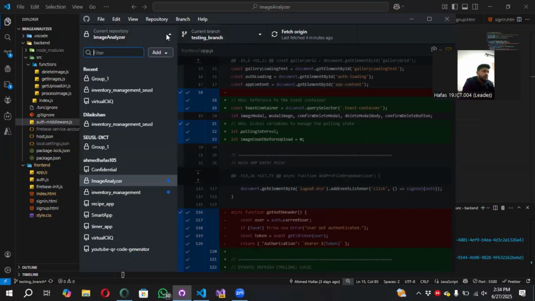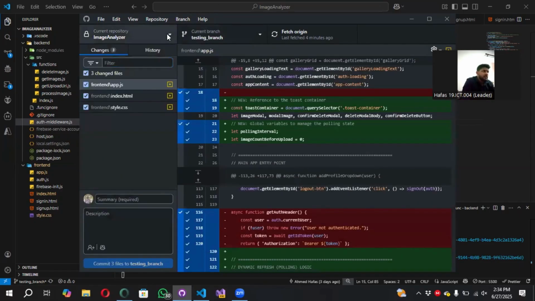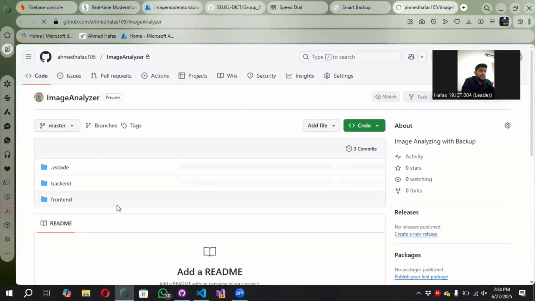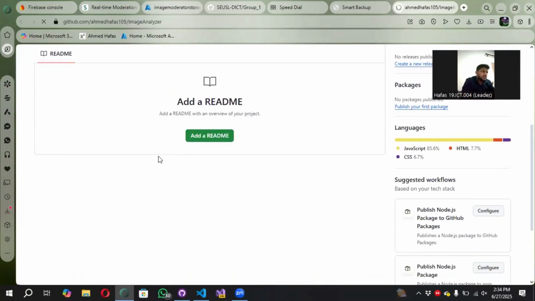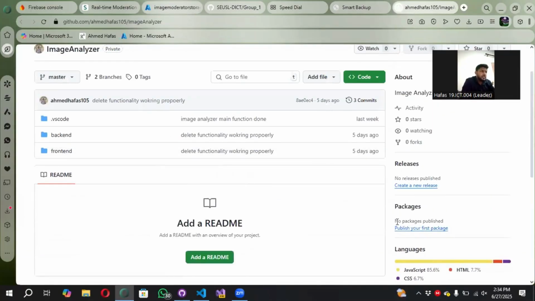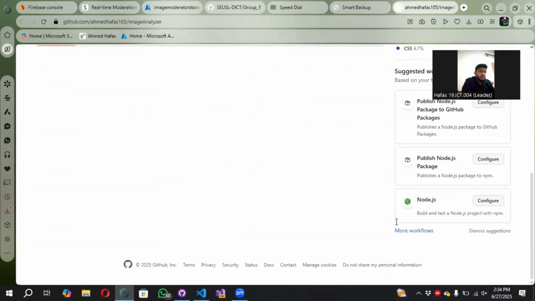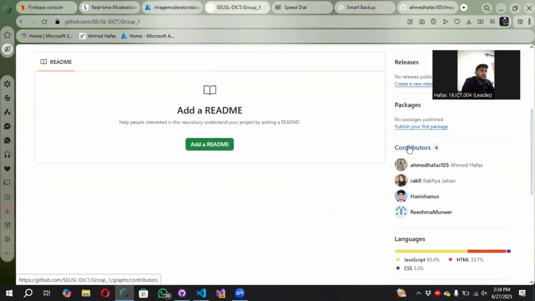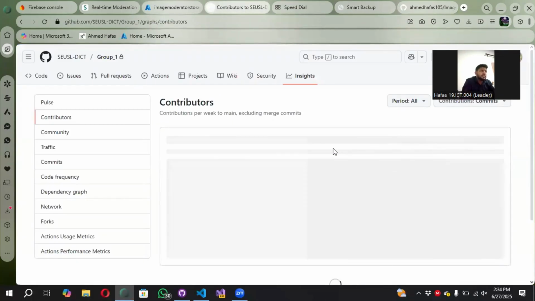This is one repository. It is even visible in GitHub. Yeah, you can see GitHub. You can see this is my own repository. Normally, these are my contributions, everything I can show. This is our official repository. If we click the contributions, you can see